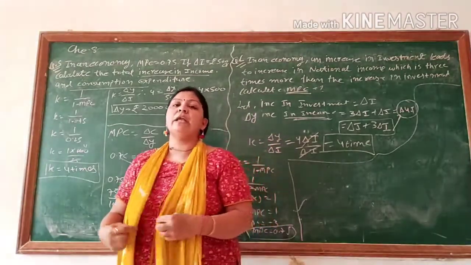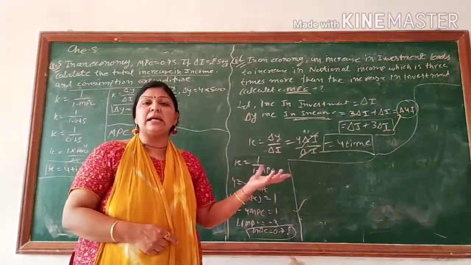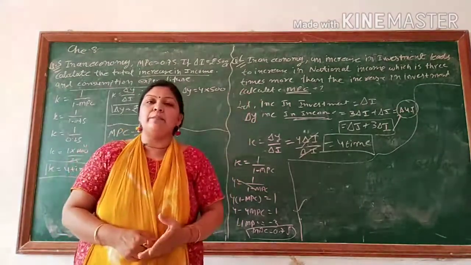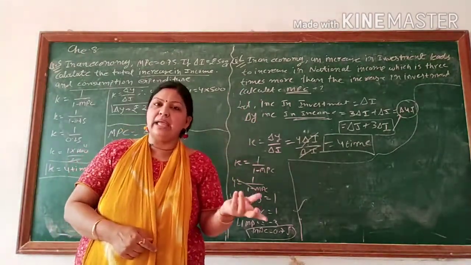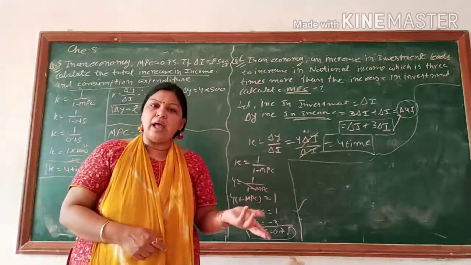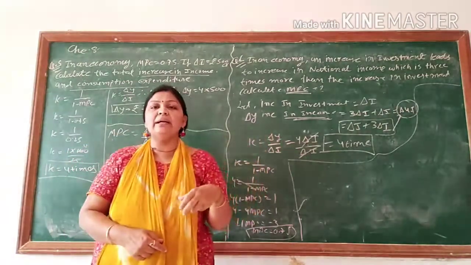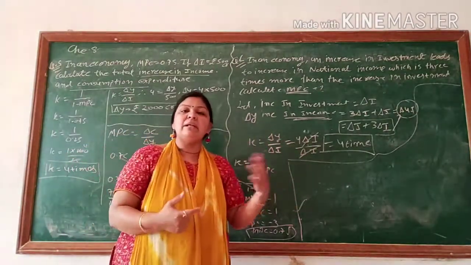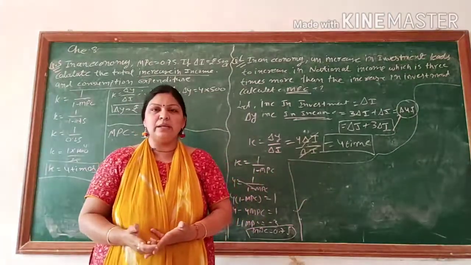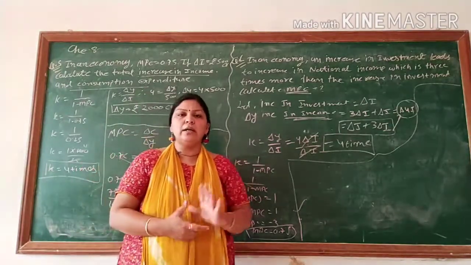Please be careful regarding these formulas also because these all chapters are interrelated. If it is given to you, this is equilibrium point, so you know AD equal to AS always, Y equal to C plus I, S equal to I always. यहाँ saving दिया हुआ है, investment नहीं दिया हुआ है, but we need the investment. It means at the equilibrium level S equal to I. Whatever saving is there, that much investment is also there if the equilibrium level is given. Clear beta? I hope you can understand about this.